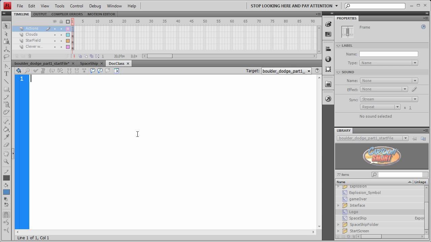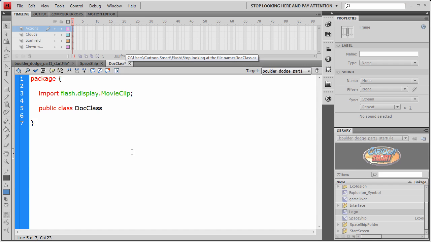The first line that we type out is package, the big candy wrapper for our whole class. Then what we should do is import flash.display.MovieClip, as that's what we're going to have our class extend. In our public class DocClass, make sure it's the same name as your file name, I'm going to make it extends